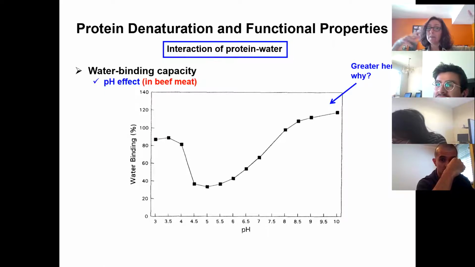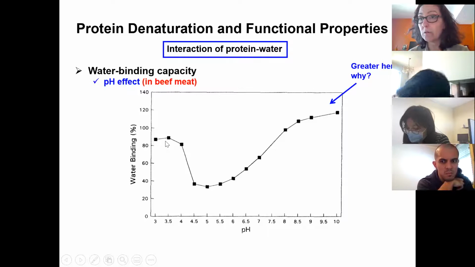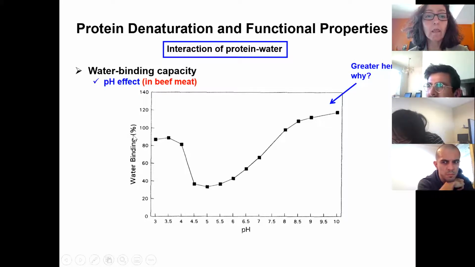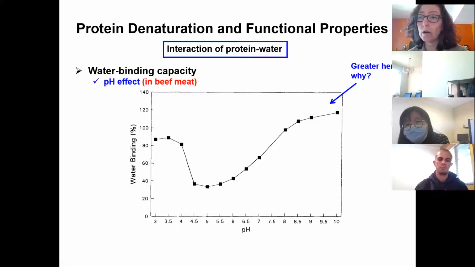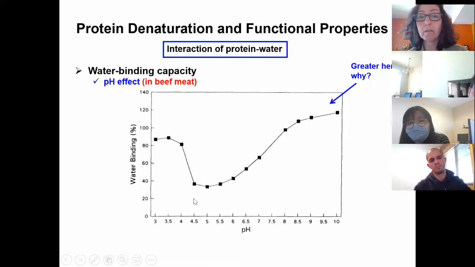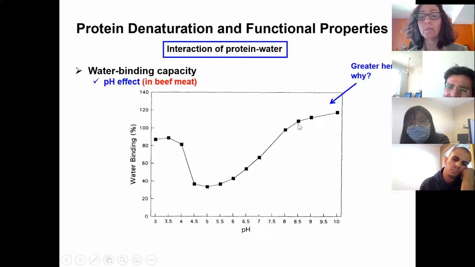pH has a similar kind of curve-looking impact, as in solubility. The more functional groups are ionized, the more you have binding. At acidic pH, we have more positive charges, so we have more binding. Close to the isoelectric point, where you don't have a net charge, you have less binding. And as we increase the pH towards alkaline, of course, we get